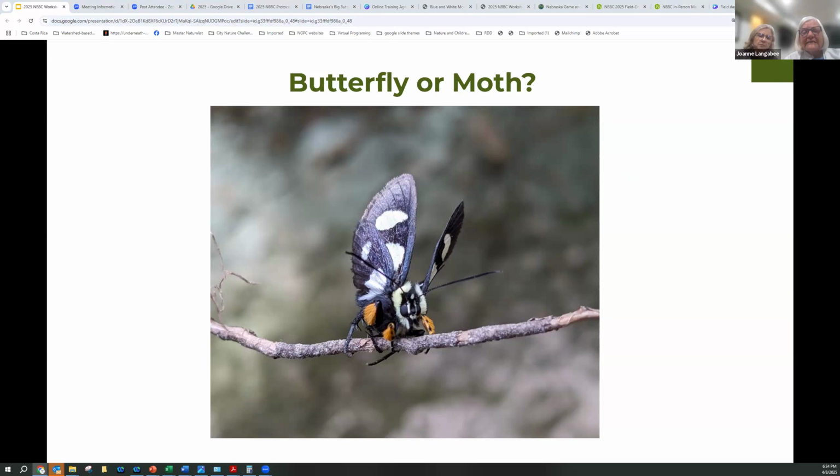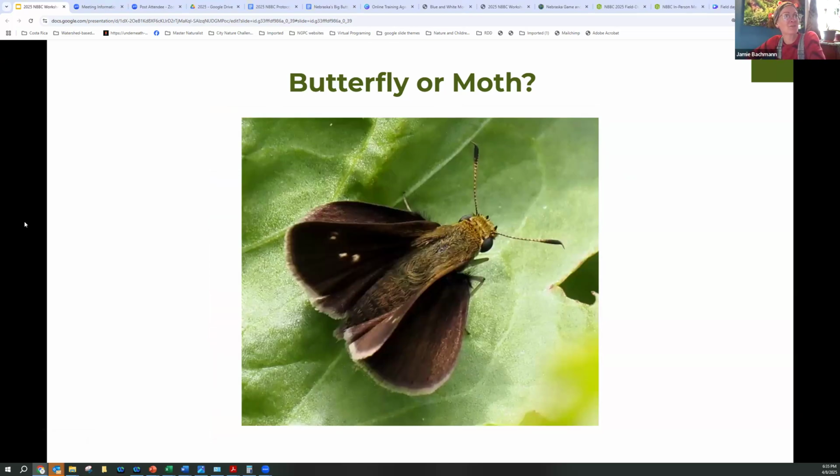You can see the antennas are feathery. You don't see a knob at the end. And it's a big bodied fuzzy guy, right? Megan says it's a dressed up bee. It's going out to a Halloween bash.